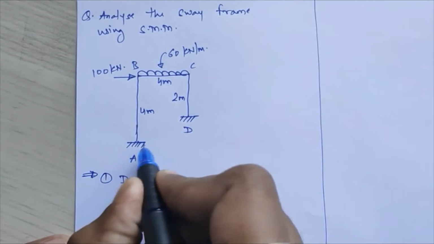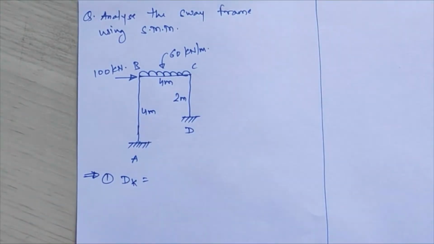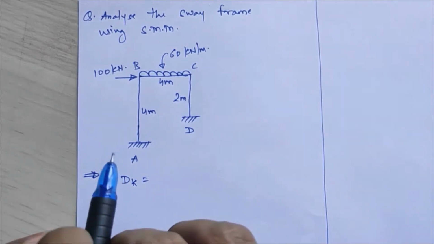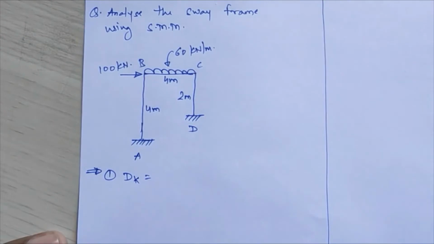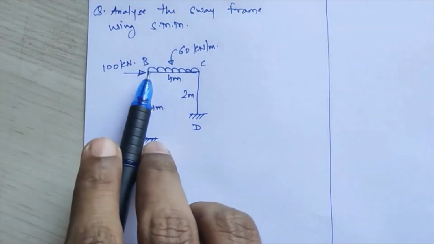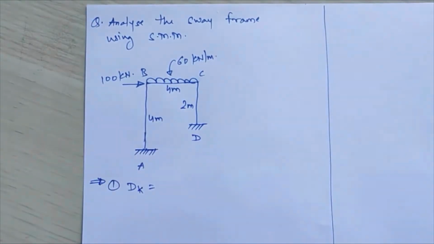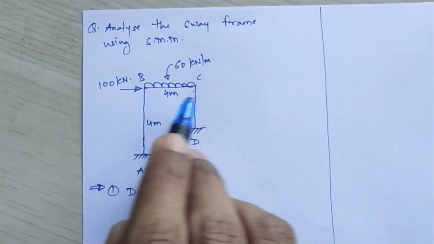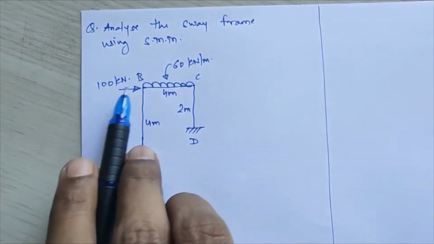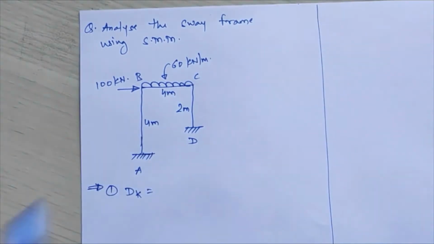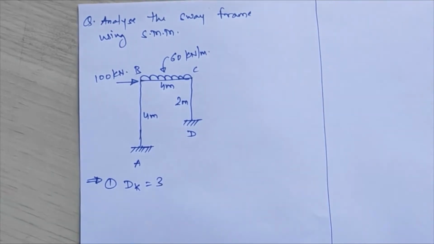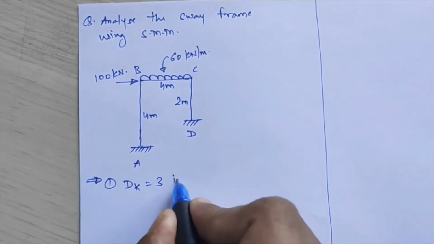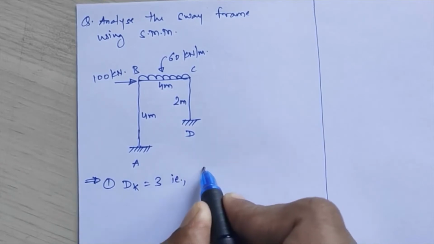the first thing you know is that if your frame is a sway frame, your dk value increases by 1 over there. That is, your sway coefficient delta comes into effect there. If you calculate dk for this frame, at your joints A and D, both are fixed, so your dk will be 0 there. But at C and B joints, your joints are treated as rigid joints, so dk value will be 1 at each joint, plus along with that, due to this swaying coefficient, your dk will increase by 1, so total dk value will come equal to 3 here,